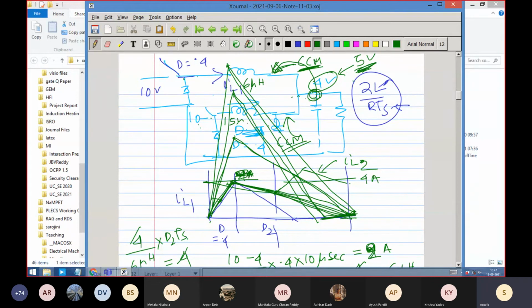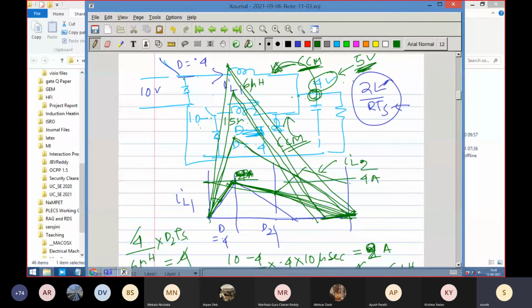Because you may say I can continuously reduce the value of the inductor. Well, reducing it will only increase the ripple in that inductor, but it again comes back to 0. It has to come back because this 10 to 4 imposition is saying a volt-second balance of D and 1 minus D. That is the only possible thing. D is 0.4 and 1 minus D is the rest. That is the possibility.